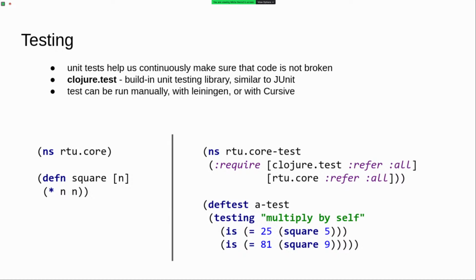And this technique is useful, first of all, because it gives us an easy way to run our production code and to see whether we designed stuff correctly. And another